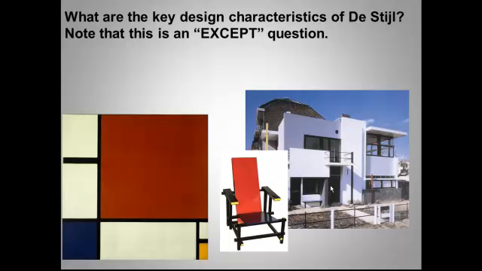Are these works symmetric? I think the answer is no. They're balanced, but they're not symmetric. In other words, they are not mirror images of each other. They're balanced but asymmetric. They're highly rectangular. That's true of the painting, of the furniture, and of the house. They employ primary colors. By the way, you have to look kind of closely, but you'll see yellow, red, and blue in tubes or in pillars of some sort in the Schroeder house. And of course, it's the red and blue armchair with a little yellow and a typical Mondrian painting. So I've given you all the answers, but the except. I think you'll be able to figure it out from there.